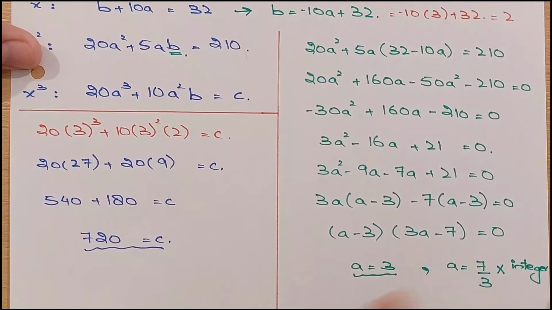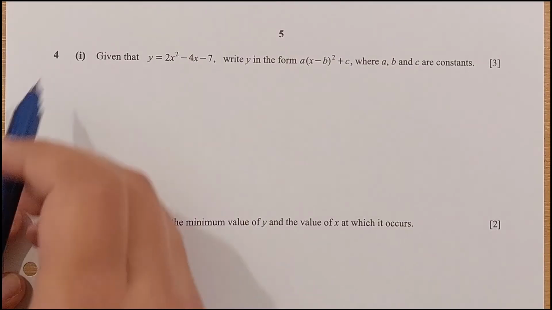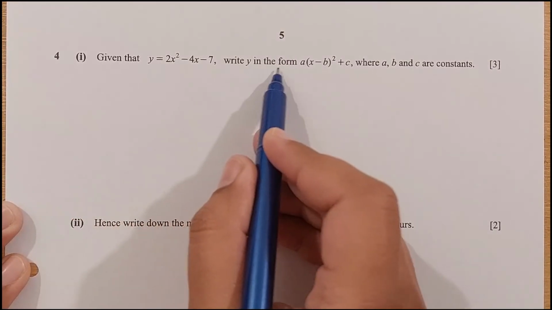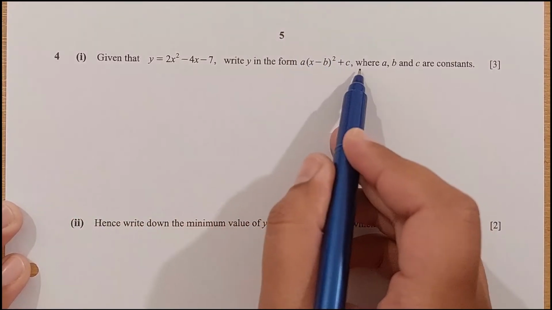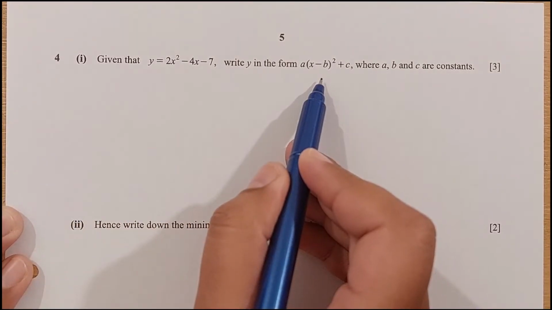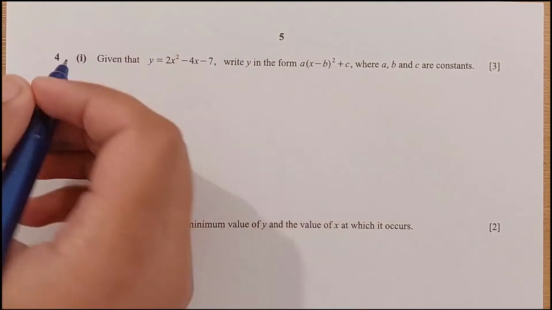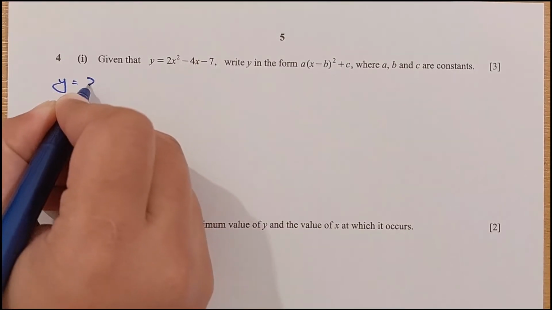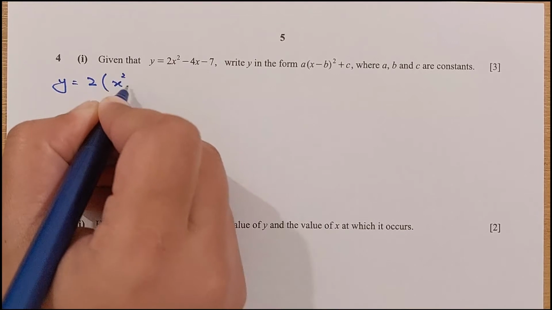So these are the three values for a, b, c. Question number 4, part 1: given that y equals this, write y in the vertex form where a, b, c are constants. So the standard form of a quadratic equation we have to convert into vertex form, right? So for this, y equals, taking the coefficient of x square common from the first term and the second term,